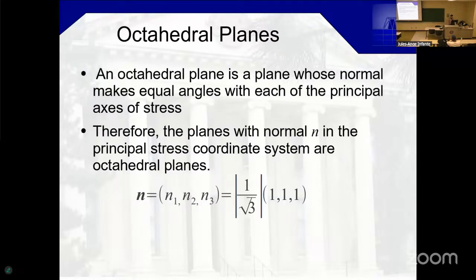Now we're going to talk about octahedral planes, which is something that will come often also when you do your literature reviews for your little report. So the octahedral plane is a plane that is at equal angle with each of the principal axes. So basically you're 45 degrees with all the axes. If you make a diagonal line in the space,